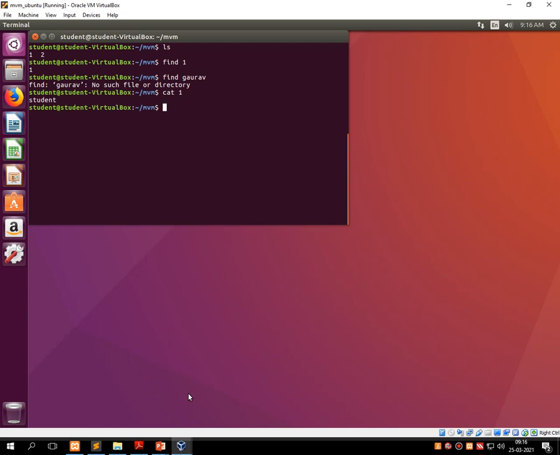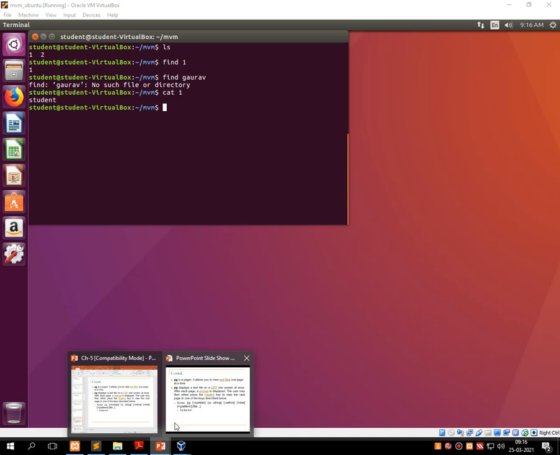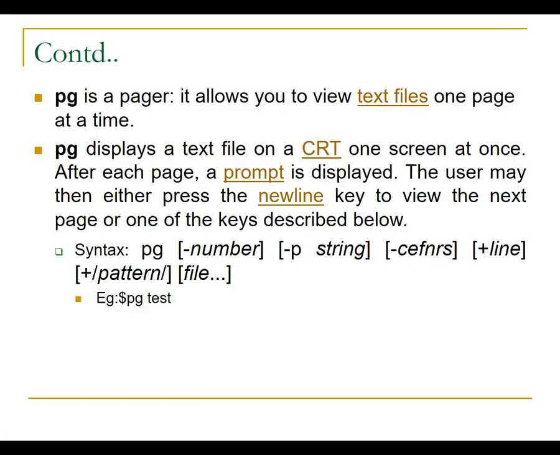Now suppose I have a bunch of text in this one.txt file, then the Linux operating system divides the bunch of text into an equal number of pages, and in one page you can see a set of particular lines. So this pg command is used to browse through each and every page which is created by Unix, and then one by one on a page you can see the relevant information.